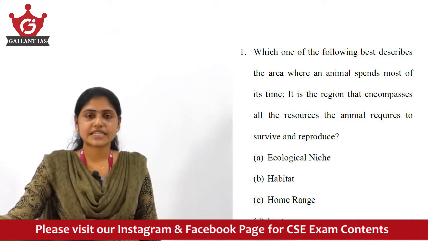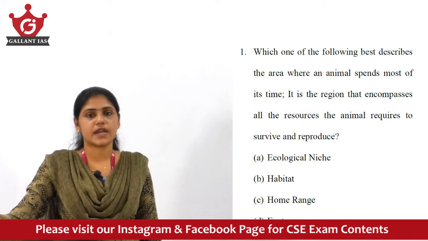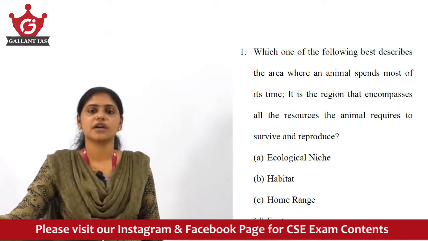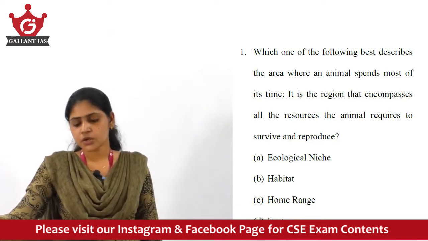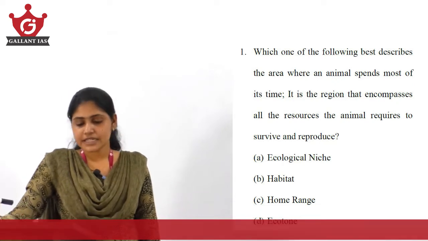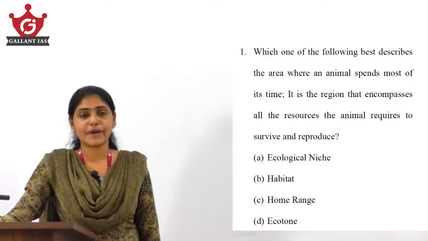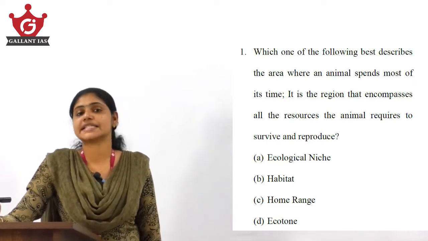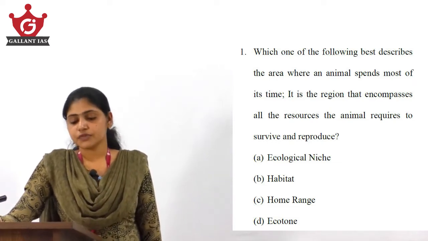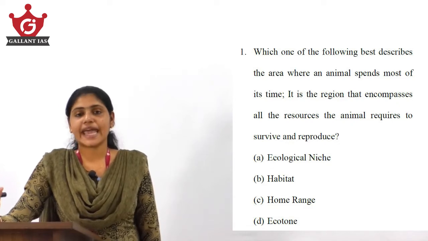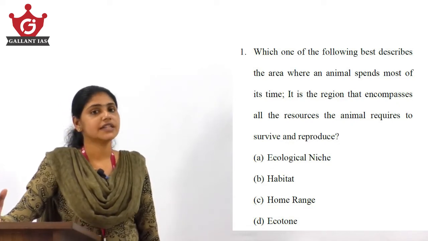All these are basic terminologies from the ecosystem as well as the biodiversity part that you must know. So here, the question says which one of the following best describes the area, so you have to pick out the best answer out of the four. It is asking about the area